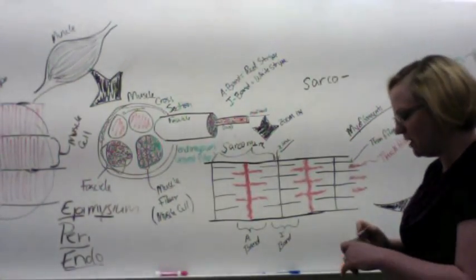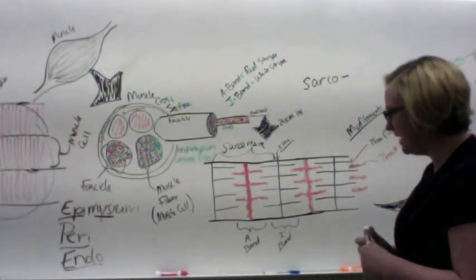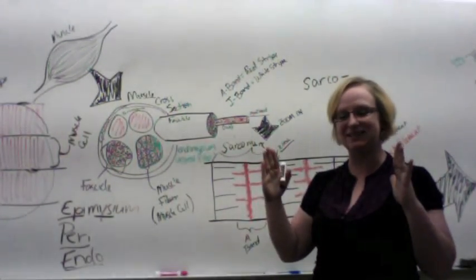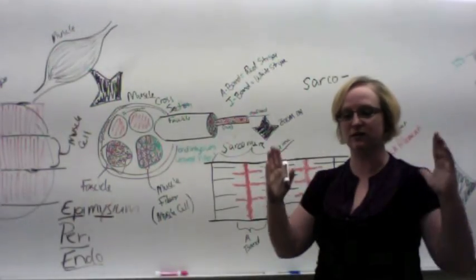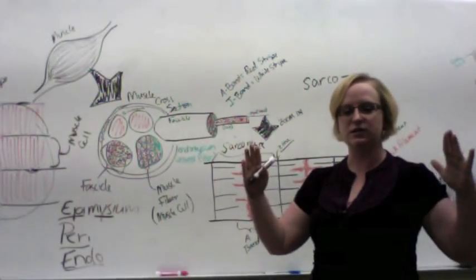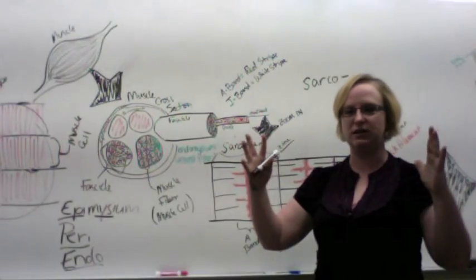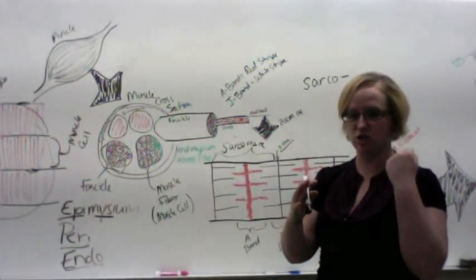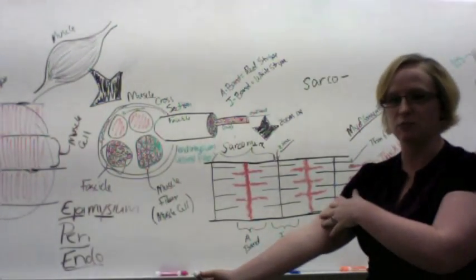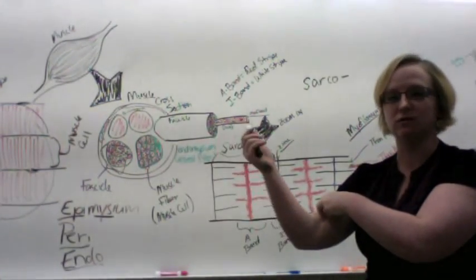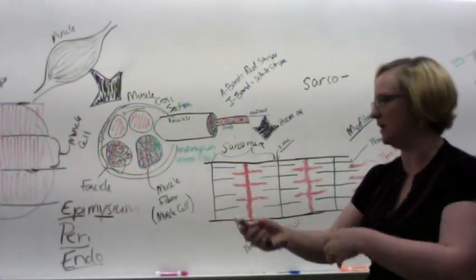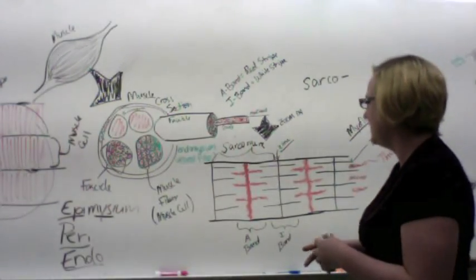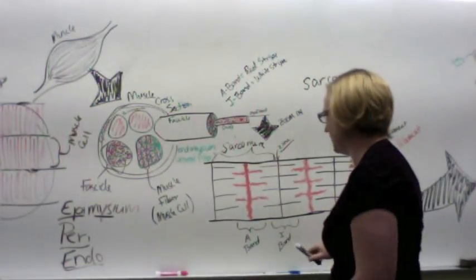The reason why we care about sarcomere is because we have these different Z lines on the end, and when the muscle finally contracts, the Z lines move closer together, which results in the shortening of the myofibril, shortening of the muscle fiber, and ultimately shortening of that fascicle, and therefore shortening of the muscle as a whole, because that's how a muscle does its job, right? A muscle doesn't just lay there like a limp noodle. It actually physically shortens and pulls. It acts like a pulley, okay? So whenever the sarcomere is active and it's doing contracting stuff, it will physically become shorter,